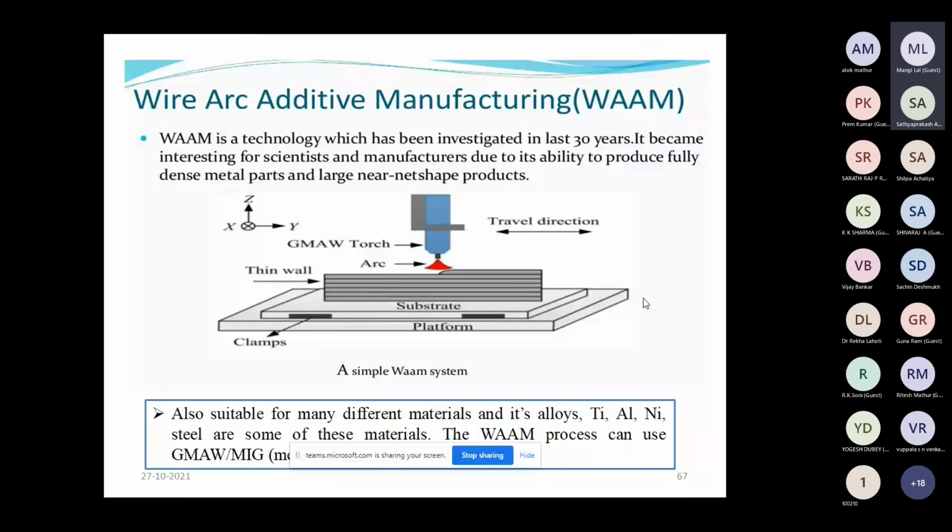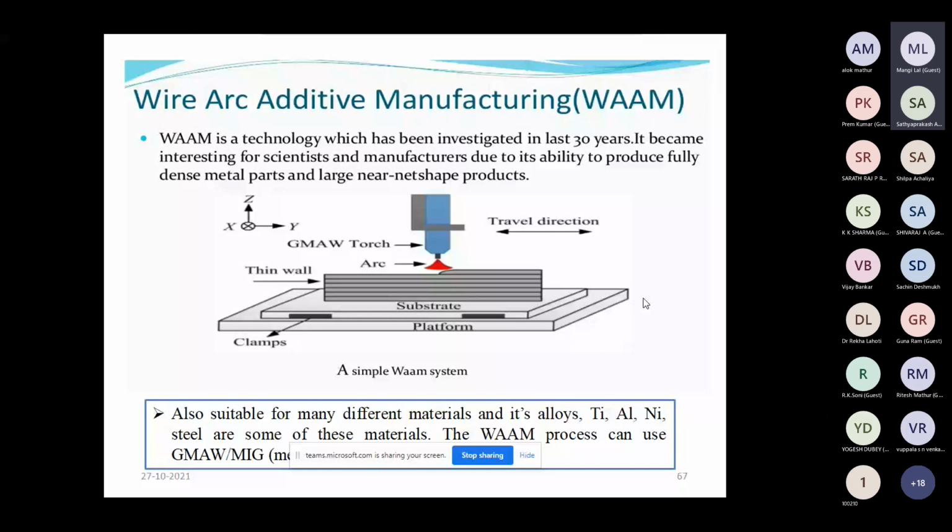The basic principle is similar to conventional welding processes like gas metal arc welding, metal inert gas welding, or tungsten inert gas welding. Wire arc additive manufacturing techniques are particularly used for generation of metal products, and are suitable for different materials such as titanium, aluminum, nickel, steel, and also the alloys of these materials.